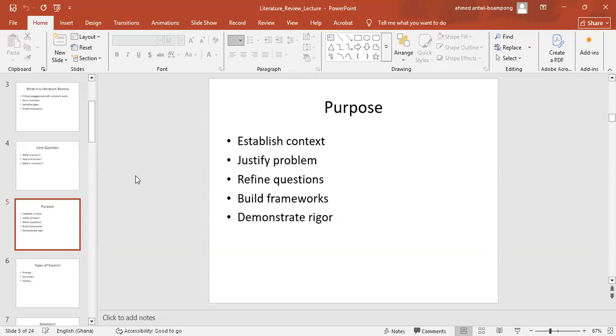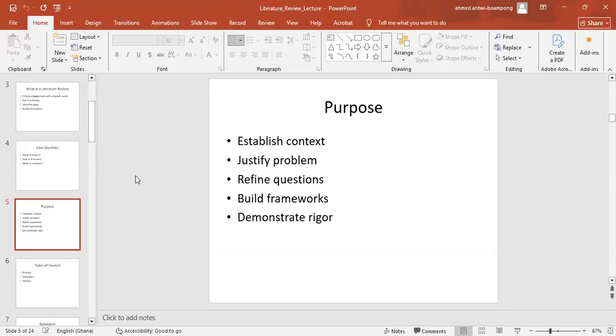You would notice theories that other works used, and that would give you a certain idea of the theoretical foundations of the works that have been done within that field. All right. And then finally,